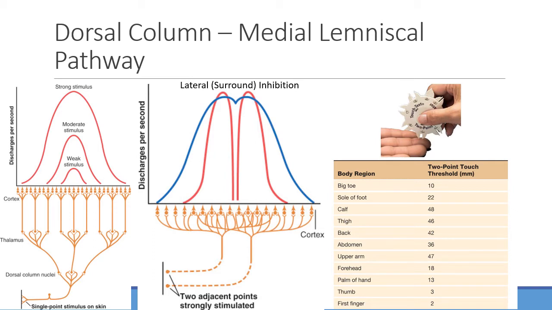Make sense? Lateral inhibition will also come up again later on with some of the other signals. It helps us provide contrast, so that we don't get everything blurred up into one big action potential. We want to be able to differentiate those things so that we have some contrast between one another. Okay, this will become big in vision as well later on.